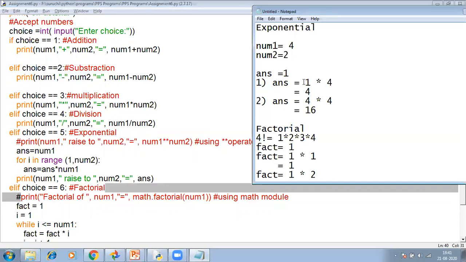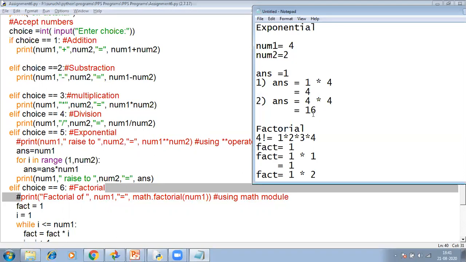So we perform 1, that is this answer, multiplied by 4, which is our number 1. The result is again stored in answer, which is equal to 4. Second time we multiply the same answer, which was 4, into our number 1 again.